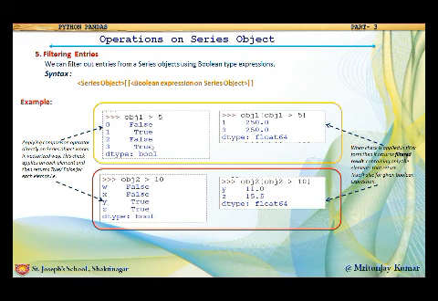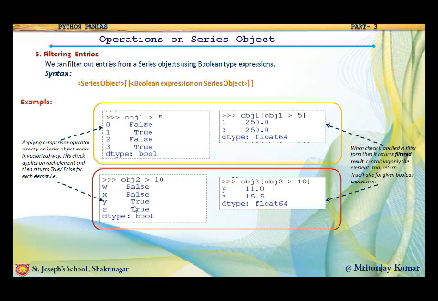But if I want to find which elements are true for this condition, then I should use this syntax, that is the filtering syntax. So we will apply this syntax and write obj1 in a square bracket, obj1 greater than 5. Now you can see here all the values where the condition was true, that is, index 1 is true and index 3 is true. Both the values stored on index 1 and index 3 will be retrieved here.